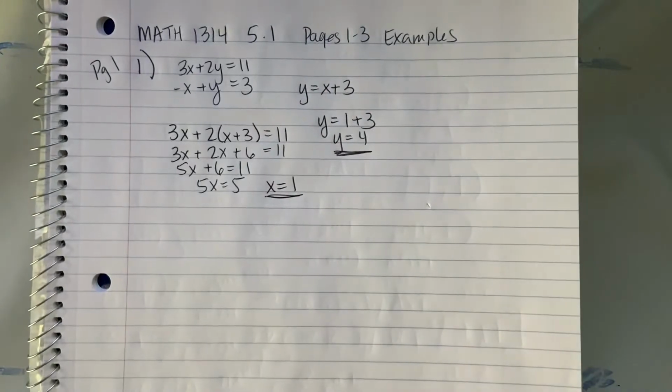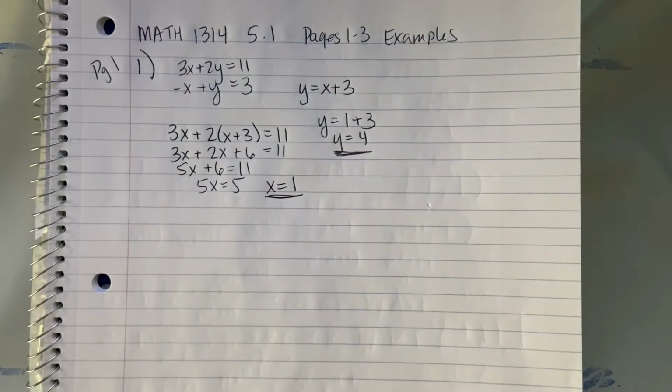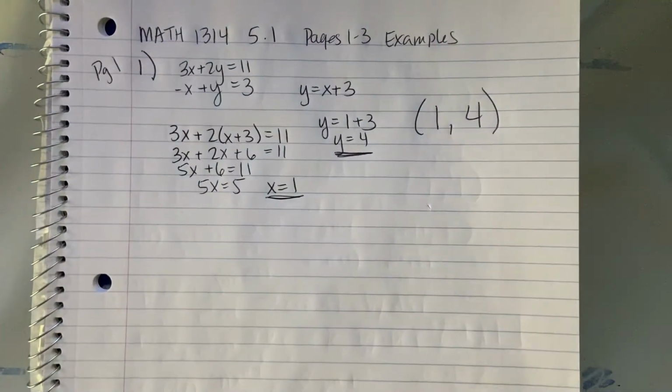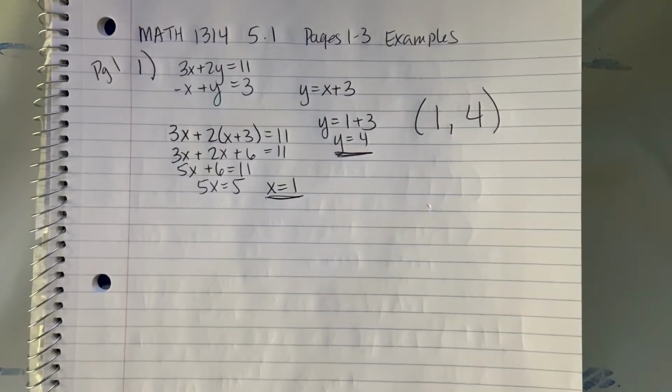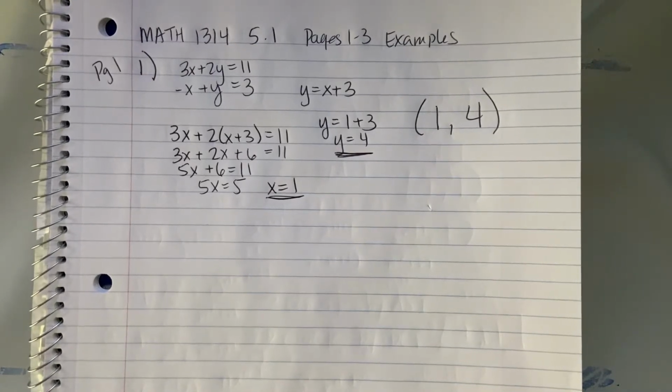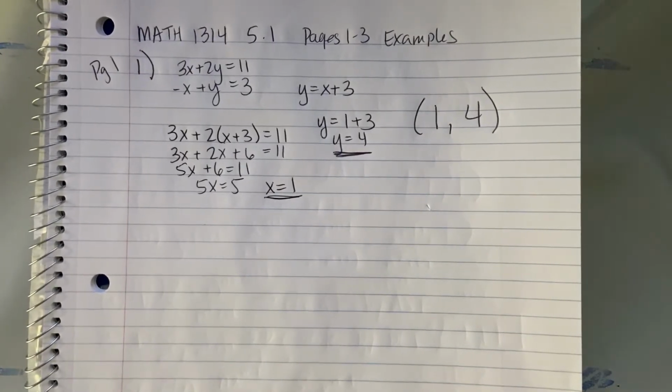Now, how are you supposed to enter the answers? They're really an ordered pair, so you should answer 1, 4 in parentheses. So that's just a quick explanation of how substitution works. There's also another technique called elimination. So if you go to page 2,